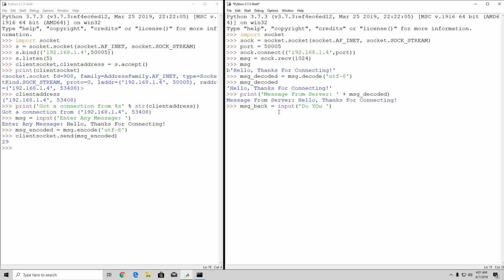"do you want to respond, pardon me, to this server." And then we'll leave the actual open thing, so we can specify "yes, thank you for letting me connect!", press enter, and we can see we created the message_back, which stores this string. Now in order to send it,